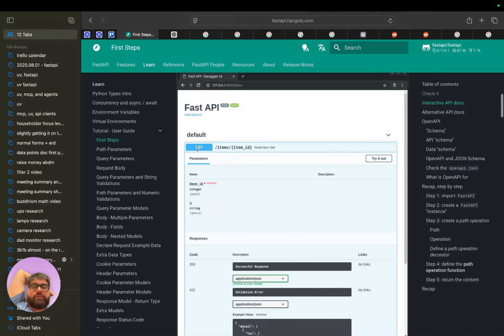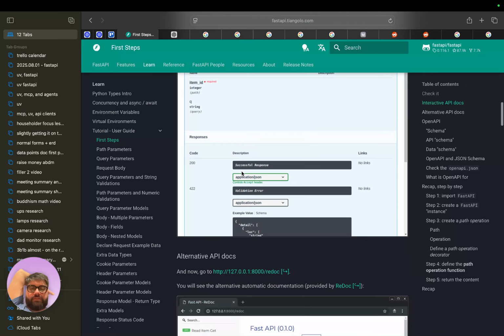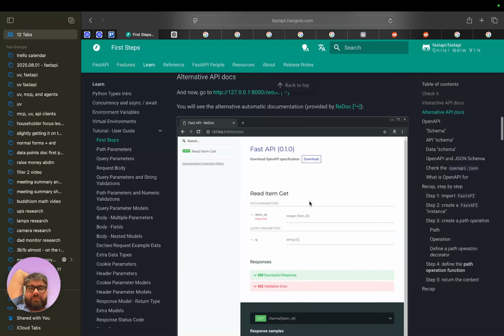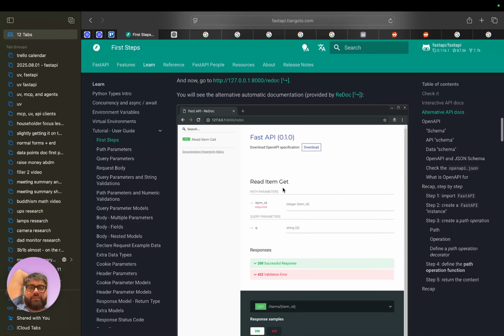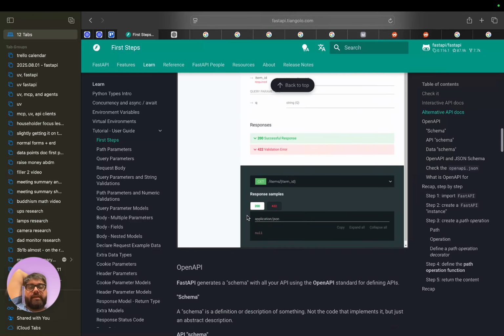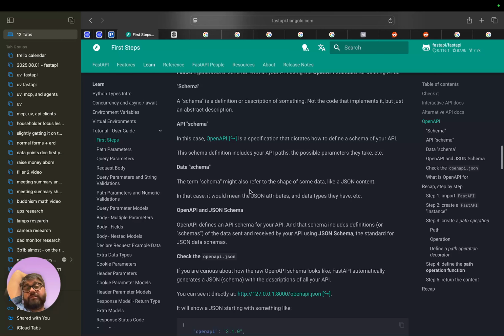Okay, so the items ID is one of the endpoints they describe and use as examples in this page and a few later pages, and there's also Redoc. I don't really know what the difference is between Redoc and Swagger. They're just clearly different interactive API documentations. They're both essentially powered by the fact that FastAPI generates the OpenAPI schema for your API on its own, and because this OpenAPI JSON schema is created, that allows these interactive API documentations to function. So it's really nice.